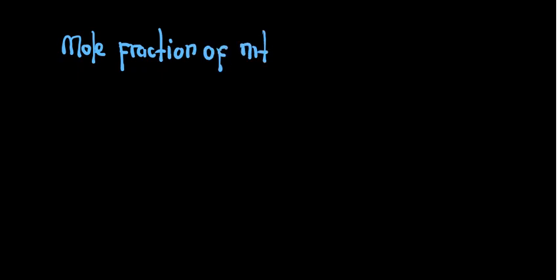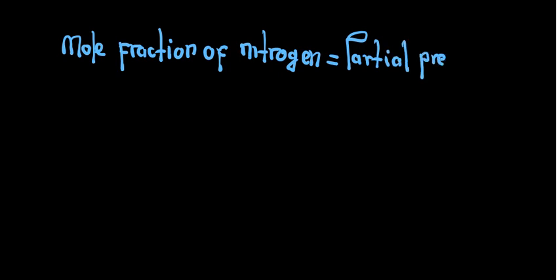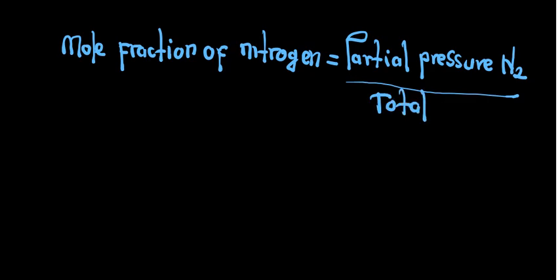So the mole fraction of nitrogen is given by what formula? It is given by the partial pressure of the nitrogen, divided by the total pressure. So don't forget this formula. This is how you find the mole fraction of nitrogen. You're just going to say it is the partial pressure of the nitrogen divided by the total pressure, which is